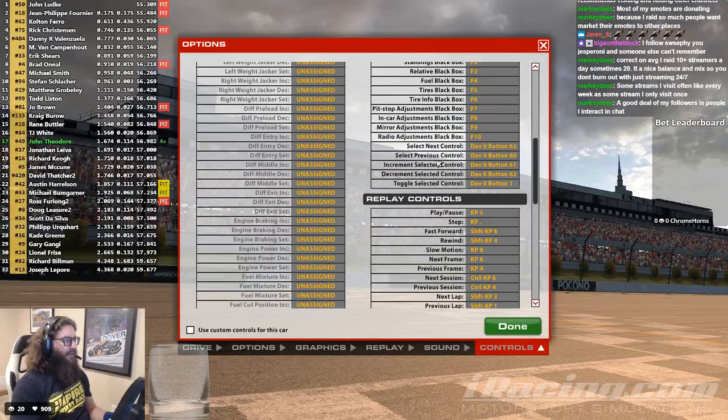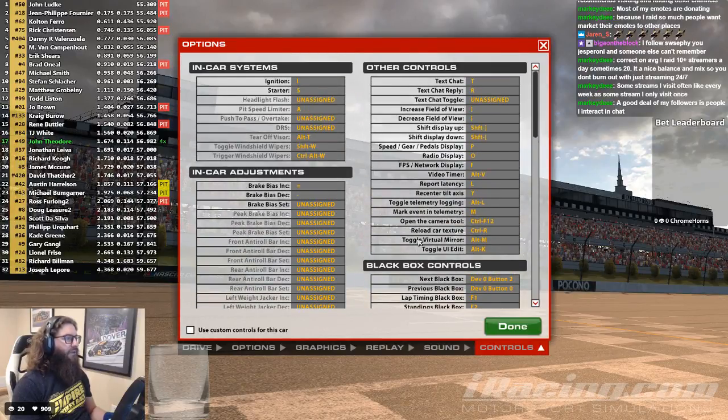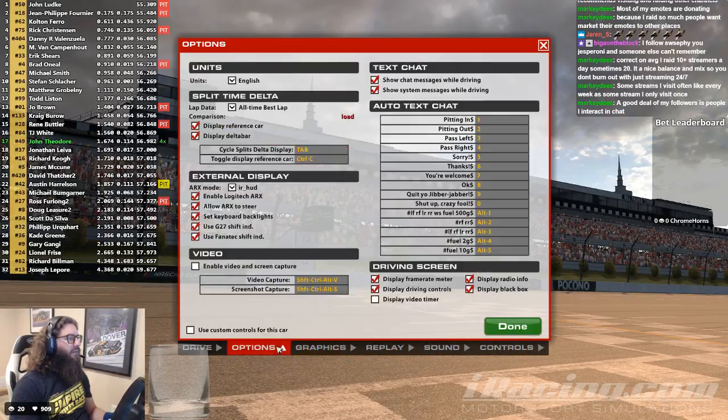And then the other thing that I do is over in the options tab, you can set all of these messages as custom messages. So I set 0 as